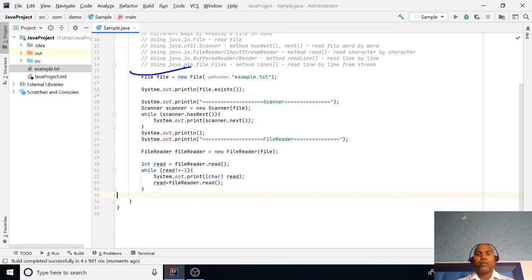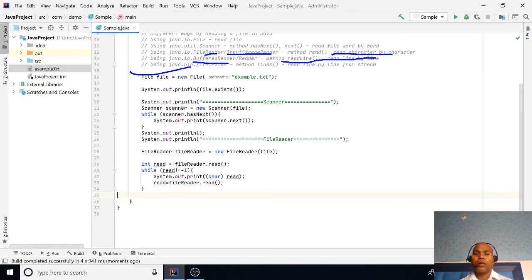Next, our API is FileReader or InputStreamReader, which reads data character by character. Another API is known as BufferedReader. It provides a mechanism to read not character by character but line by line.